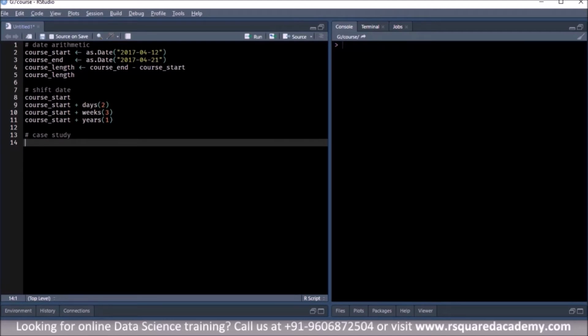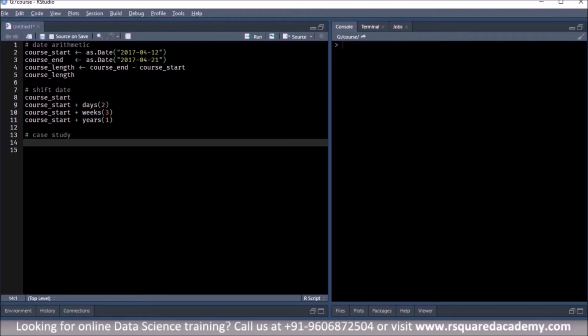So we are going to use a couple of other packages as well here, right? So we'll be using the dplyr package. If you're not very familiar with the dplyr package or data manipulation, we have a few courses on data wrangling with R. So you can go through those courses first and get a good understanding of the basic data manipulation techniques, and then you can come back here. So we'll use the dplyr package to create a new column called days to pay, and we'll do that using the mutate function from the dplyr package.